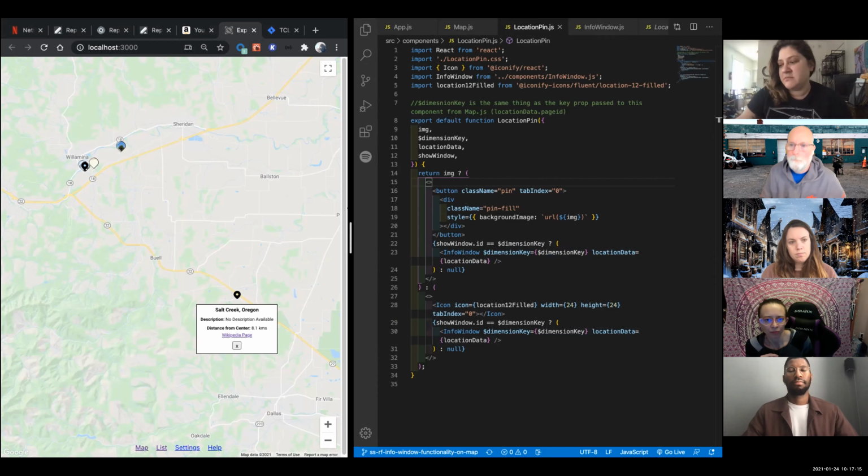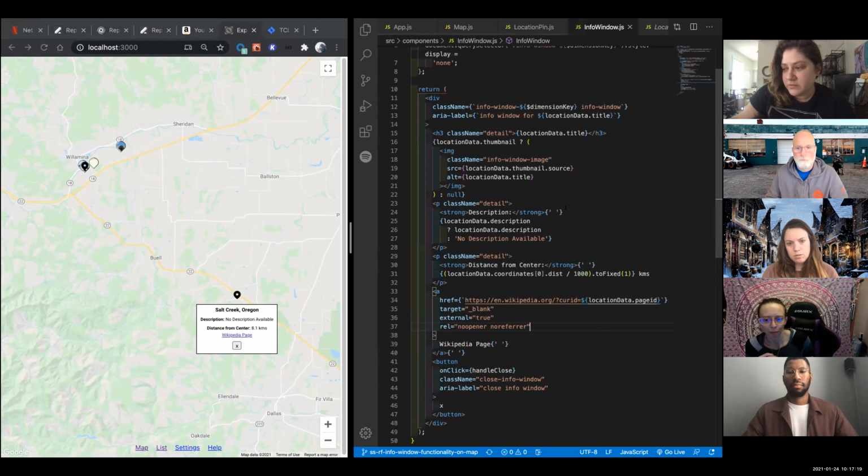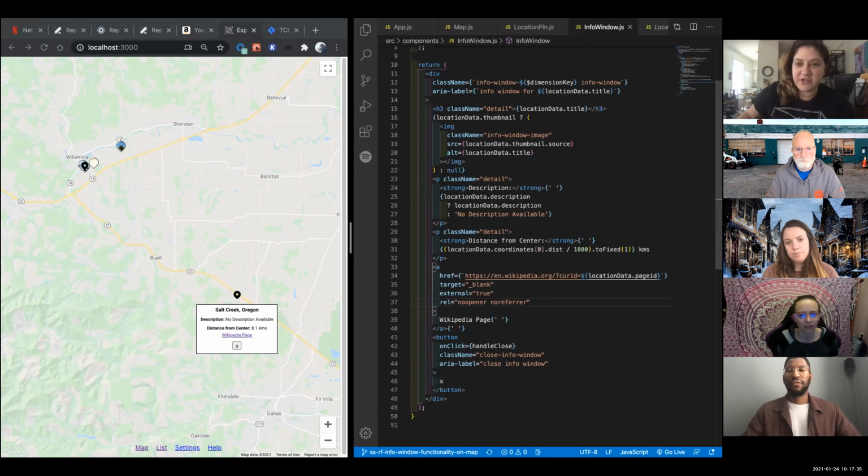Okay, add ticket and make the info window a little bit more accessible with entering. And especially if you have a sense now of how you might do that, record that there, because if we get back to this three weeks from now, we'll wonder what we said we were going to do. Right, exactly. Where you enter it and it takes you to the wiki page, or you enter it and it X's you out. Our note,